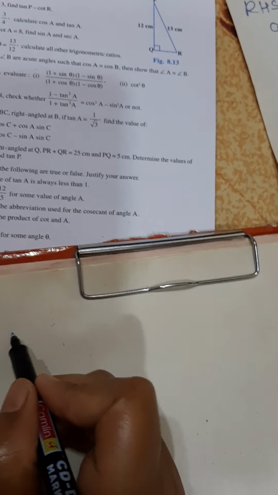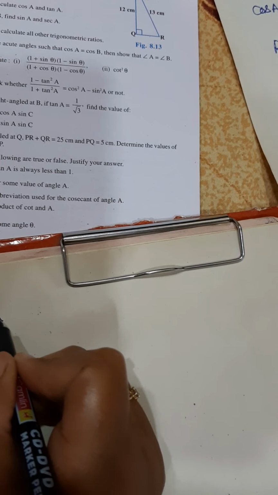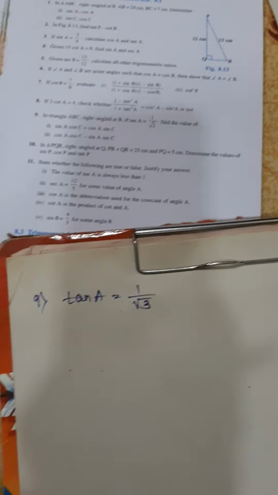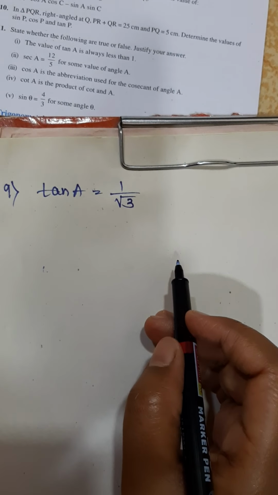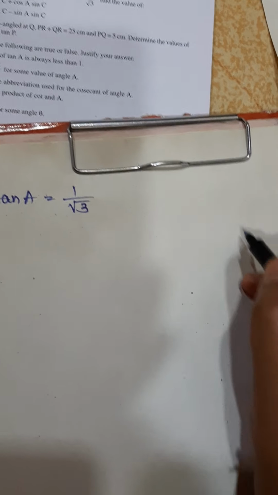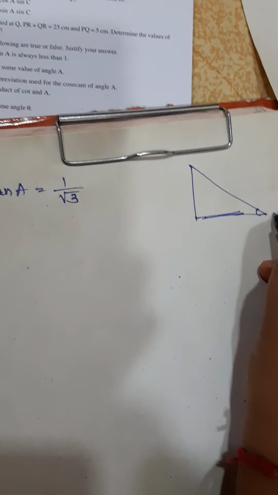So in this question they have given a right angle triangle, and tan A is equal to 1 by root 3. From this, they are asking about two things: one is sin A and C. So angle A and angle C we have to find out. Okay, at first let's take angle A. Consider it as angle A, B and C.